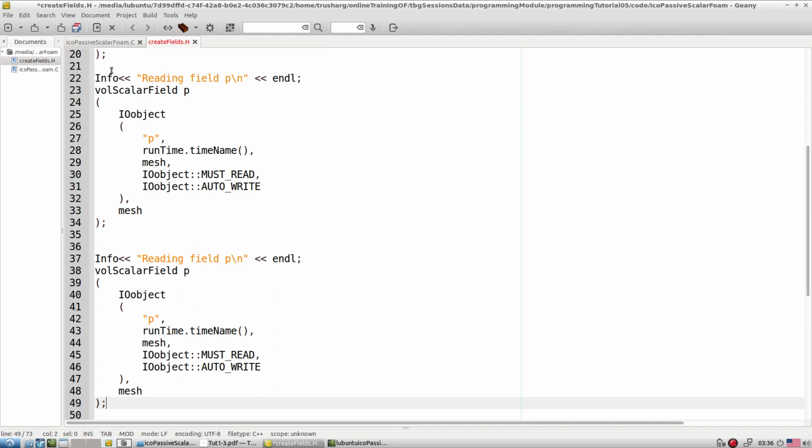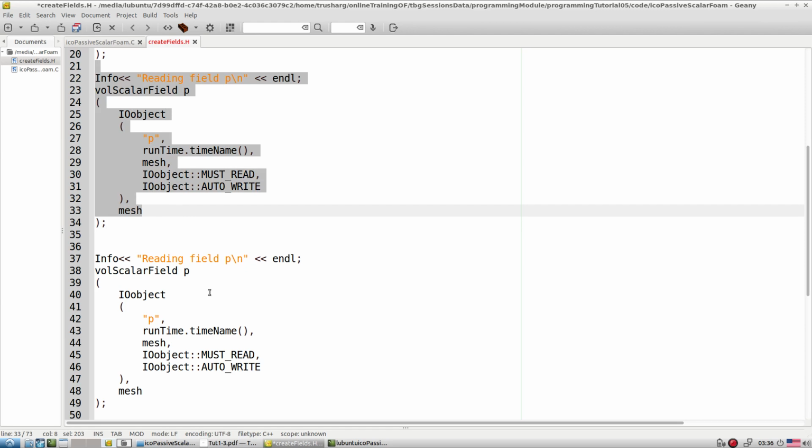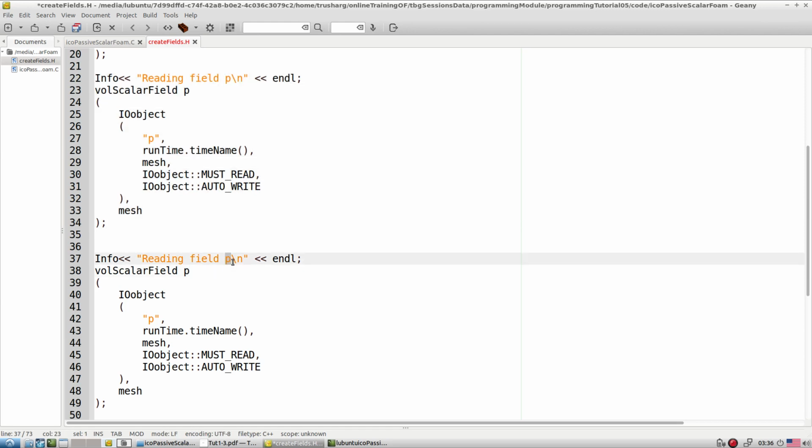So we copy the p entry. We can say now: volScalarField S, IOobject S, runTime, mesh, constructed MUST_READ and AUTO_WRITE.